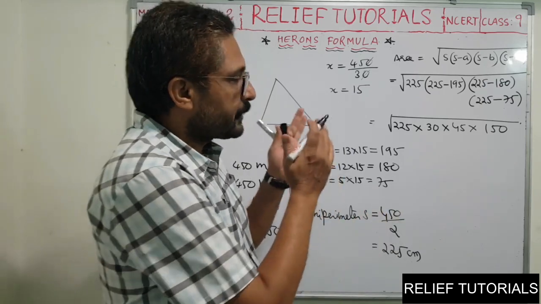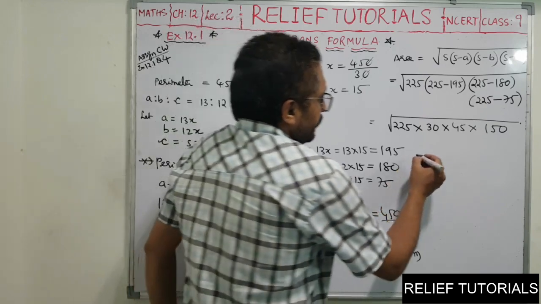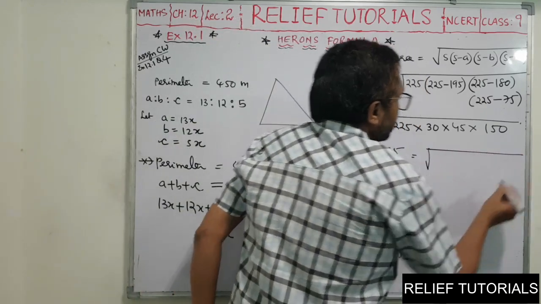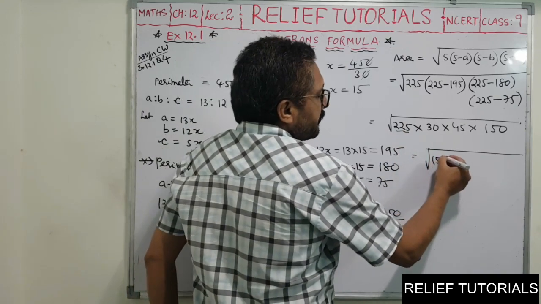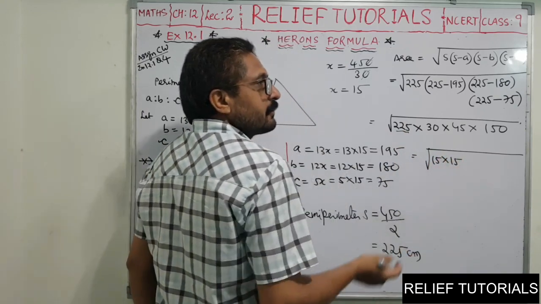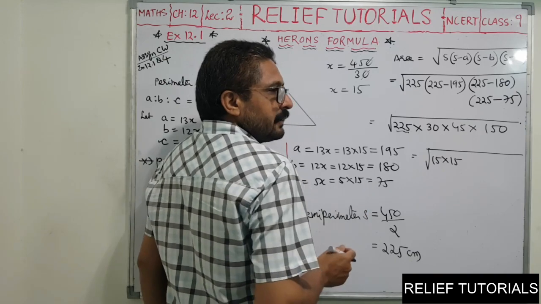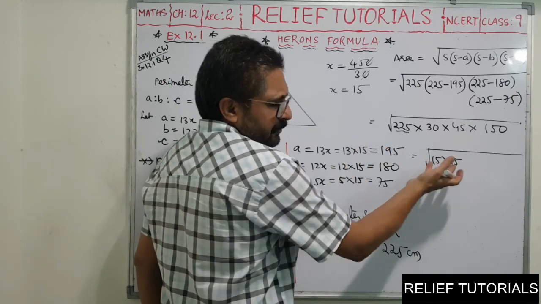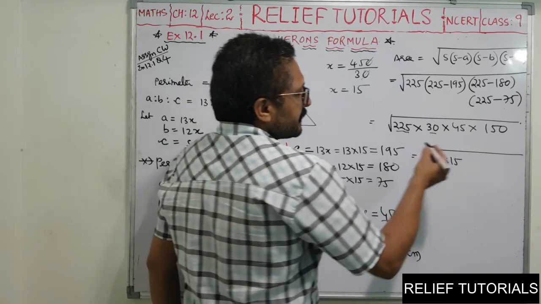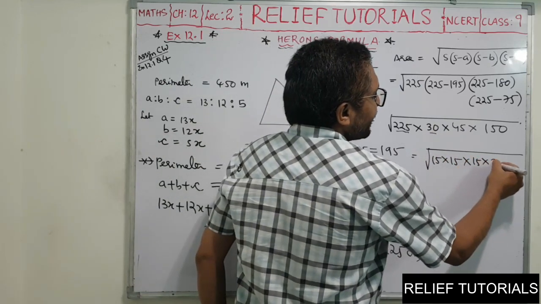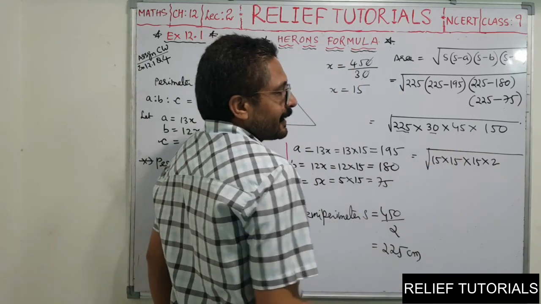So what we will do, we will try to split. We will find the factors of these numbers. See, suppose 225, I can write 15 15s that are 225. Why have I selected 15? I can write any number. Why have I selected 15? Because this is also a multiple of 30. So 30 I can write 15 2s that. 45, so I can write 15 3s that.